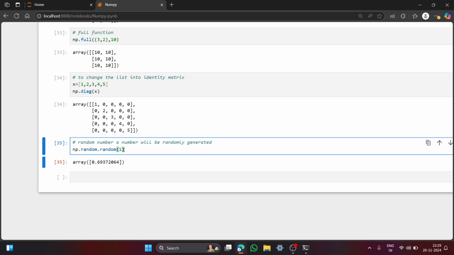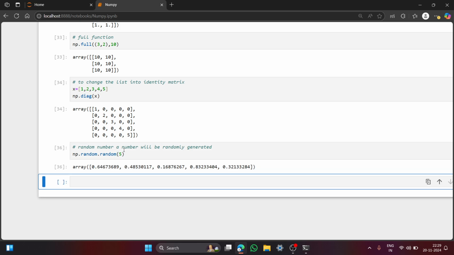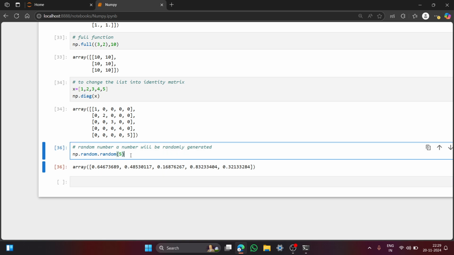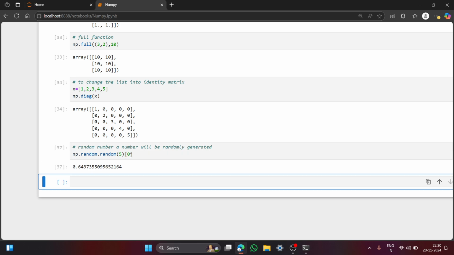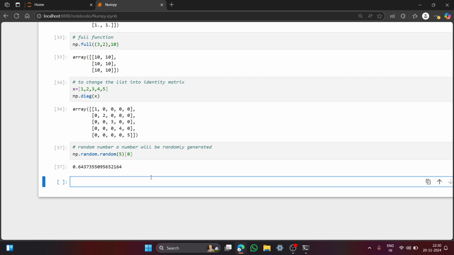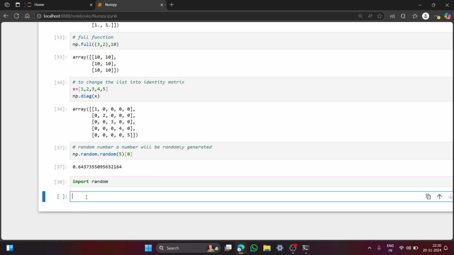If I take not only 1 but 5, it will generate 5 random numbers within the series of 0. If I need only the first, we need to give brackets of 0. This is the simple random number. And for random, if you are not getting it, you need to import random in your laptop. That's it. We are going to have other numbers also, randint, in the form of integer. random.randint